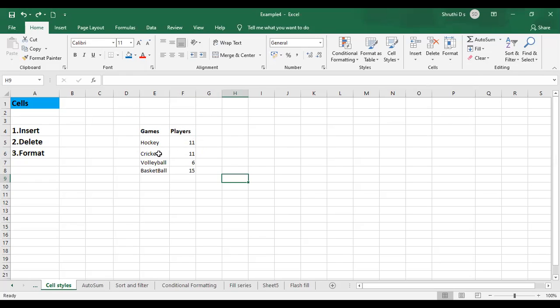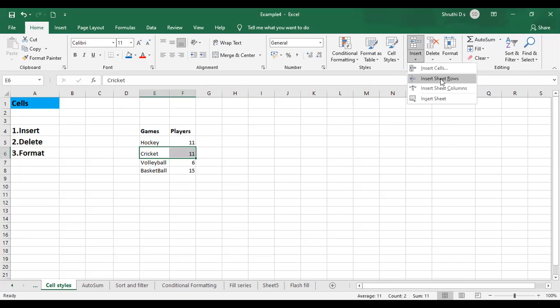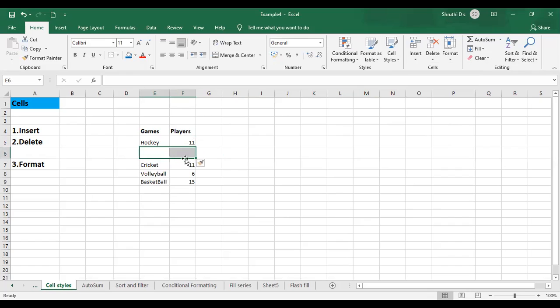So I'll select this complete row, go to insert, and select insert sheet rows. It is going to insert the row between hockey and cricket.